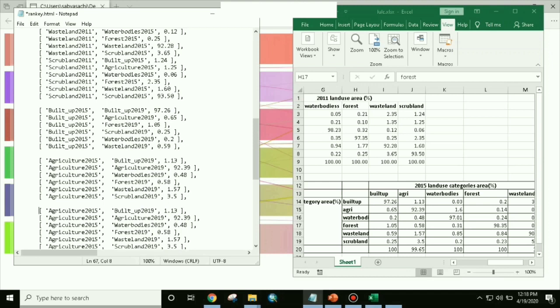Now here what we will change, this agriculture with water bodies. So now water bodies change use.